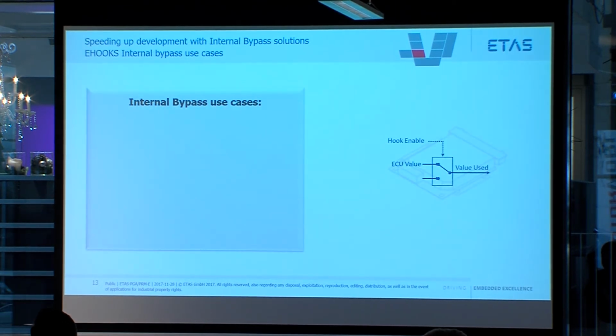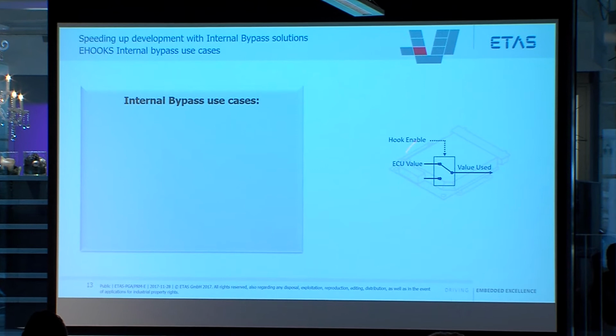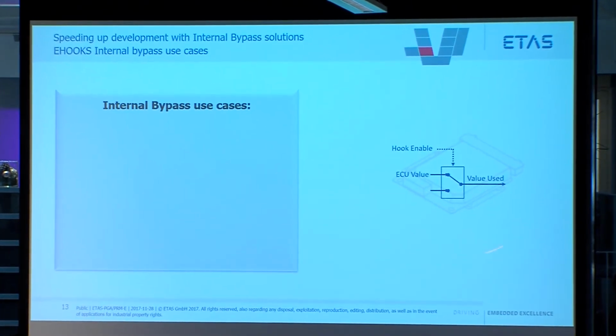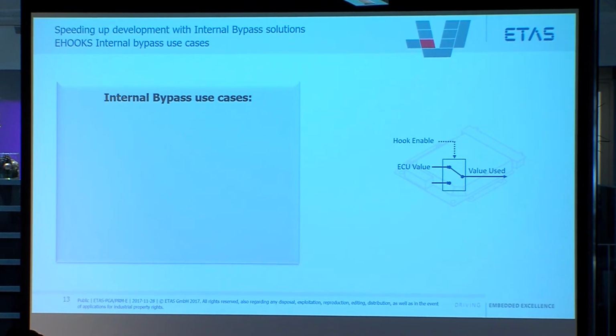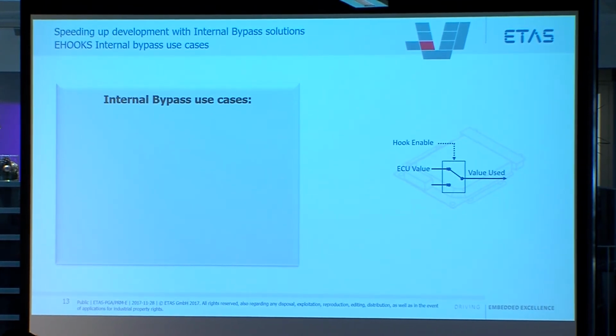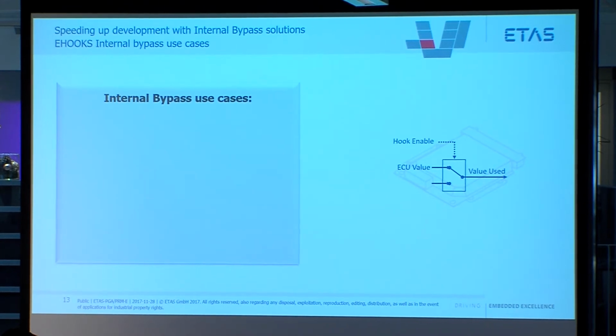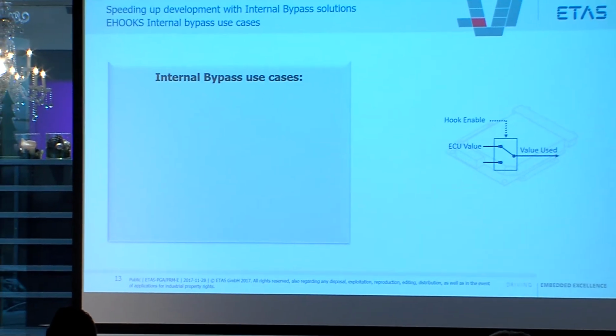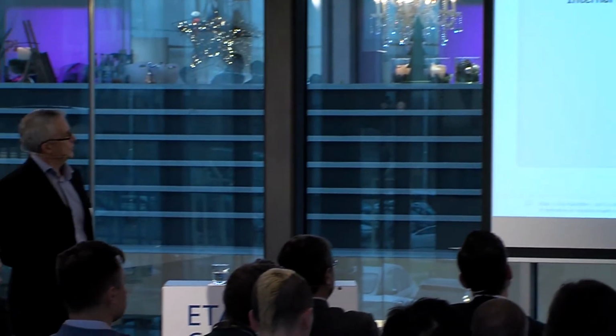So if you take a little bit of a closer look at what eHooks actually does then, it inserts hook functions into the ECU software to bypass individual variables. And each hook function looks like this. It's basically a software switch, and the switch is turned on and off with a hook enabler, which is just a characteristic that's created by eHooks, and that can be controlled at runtime using Inca to turn the switch on or off. So when the hook's on, some bypass variable is written to the ECU measurement, and when the hook's off, the original ECU calculation is written.